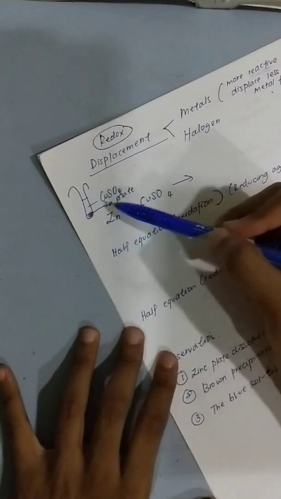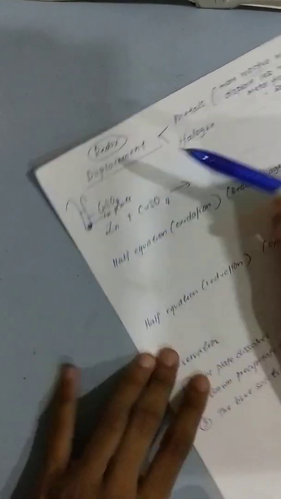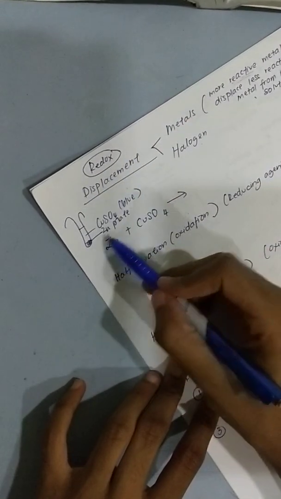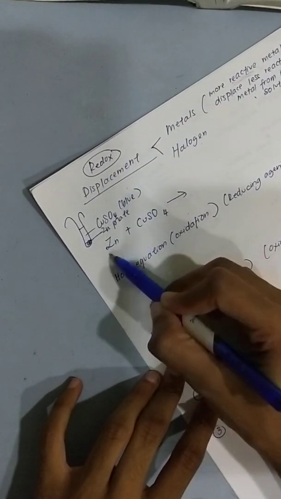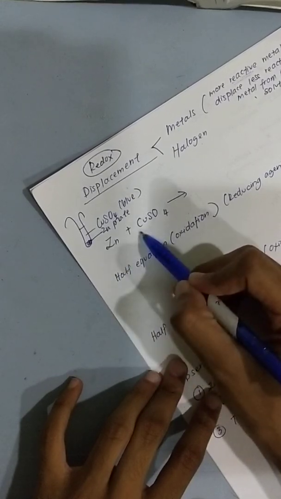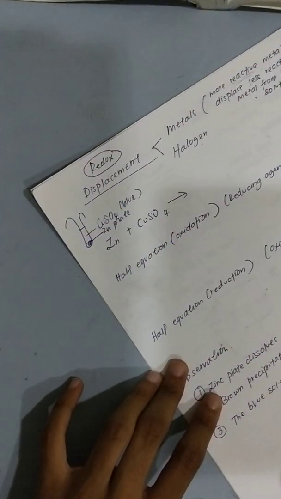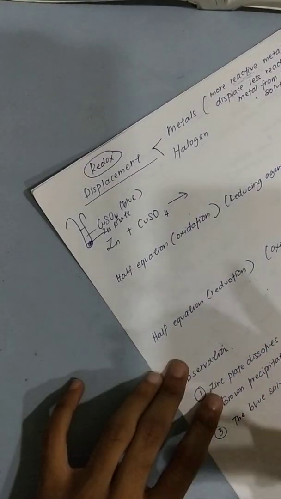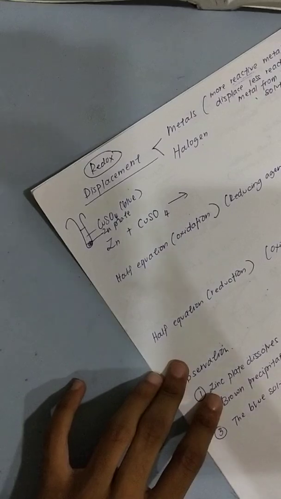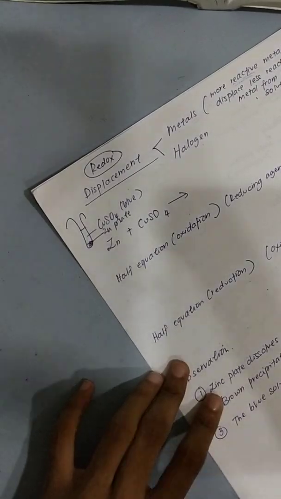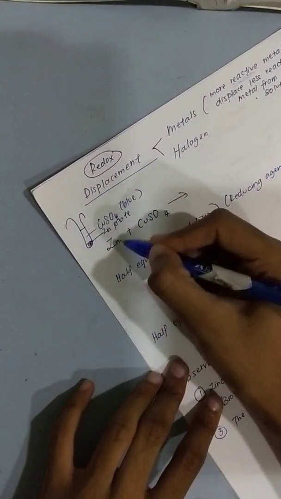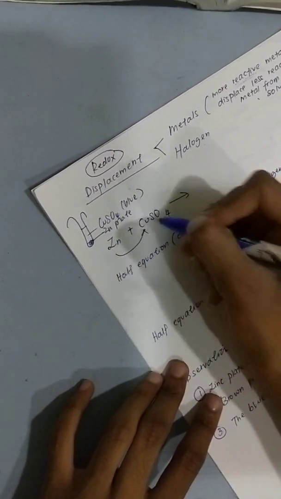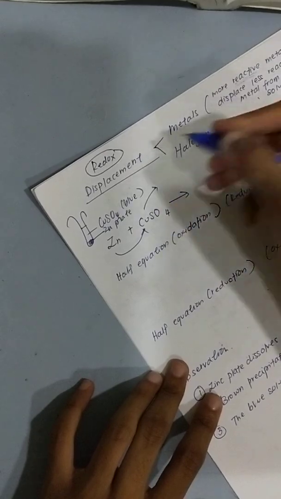Now let's say in this test tube there is copper sulfate solution. Copper sulfate solution is blue. And we have a zinc plate. Between zinc and copper, who is more reactive? Based on your electrochemical series. Remember in chapter 6 last year you memorized your electrochemical series. So based on it, who is more reactive? Your zinc is more reactive, right? So because your zinc is more reactive, it will kick the copper out.